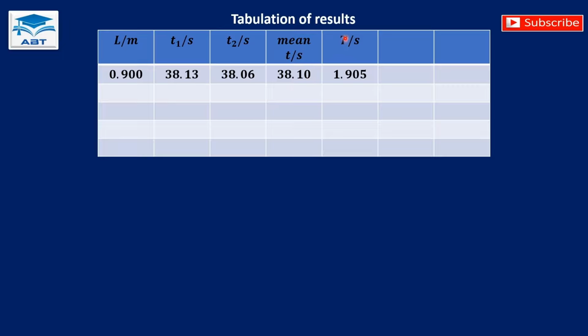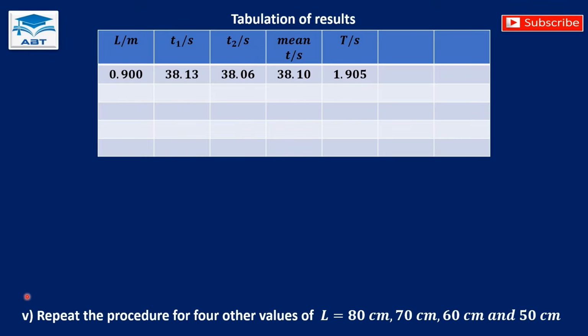And this is the period also in seconds. That is the mean time divided by 20. That is 38.10 divided by 20, giving us 1.905. And we are going to repeat the procedure for 4 other values of L equals 80 centimeters, 70 centimeters,